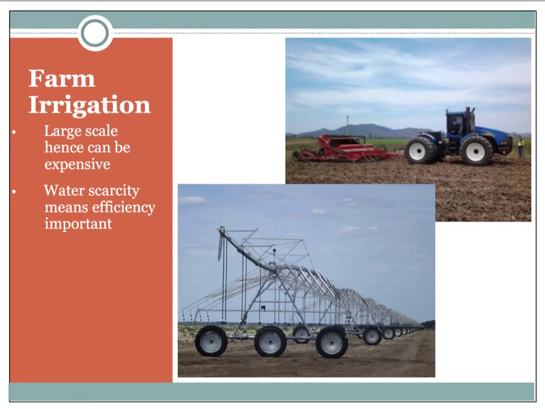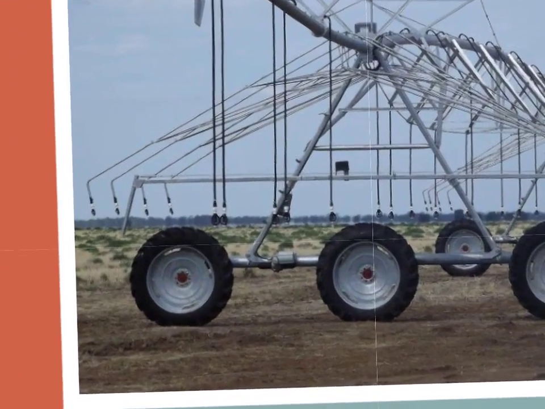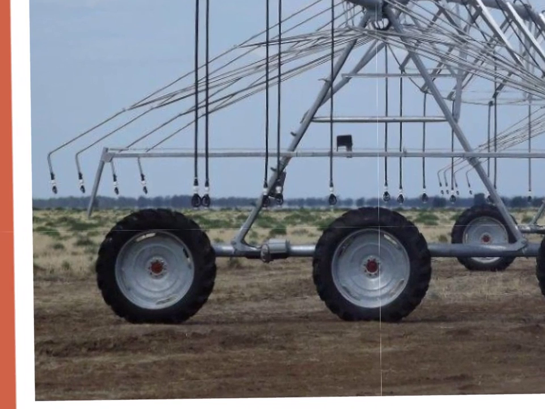If we zoom in on the picture here, we can see that we have a long line of sprinklers. If I just circle one here, they sprinkle the water out. Let's put some diagrams on. Here we go. They sprinkle the water out like so. Now, as it's travelling along through the